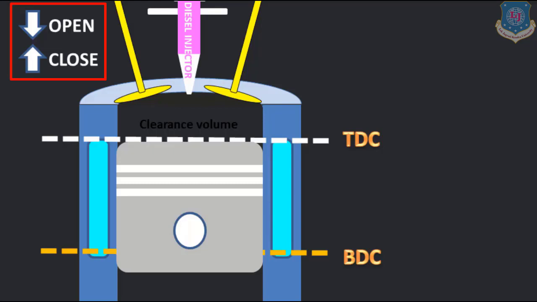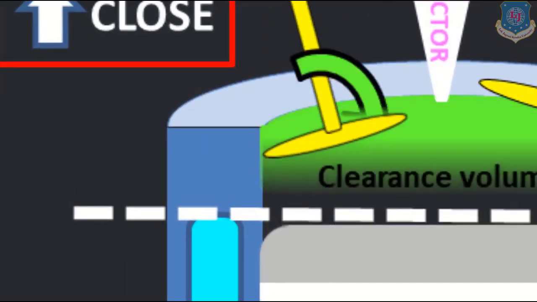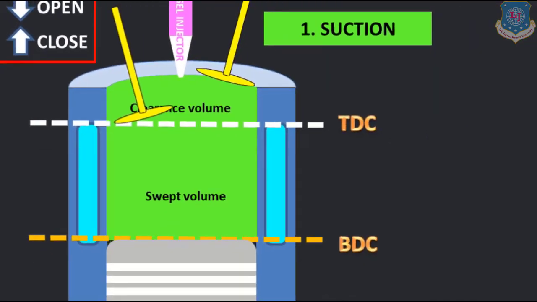Fine. So when the piston is going downwards, we will first open the inlet valve and thereafter the piston will go down. So we are opening the inlet valve, now the piston is going downside. So from this reference you can clearly see that before the piston leaves from TDC, we are opening the inlet valve. Fine. So the inlet valve will be fully opened when the piston starts leaving our TDC.